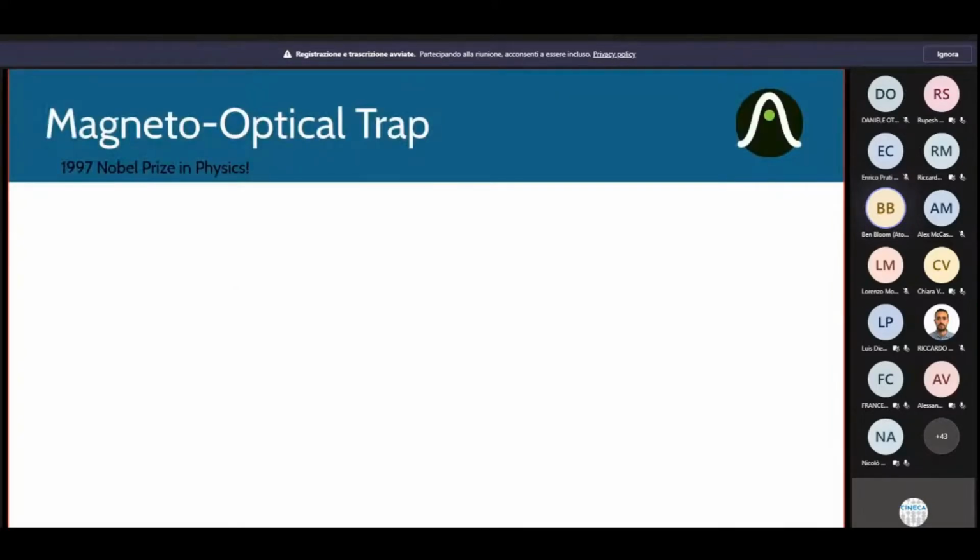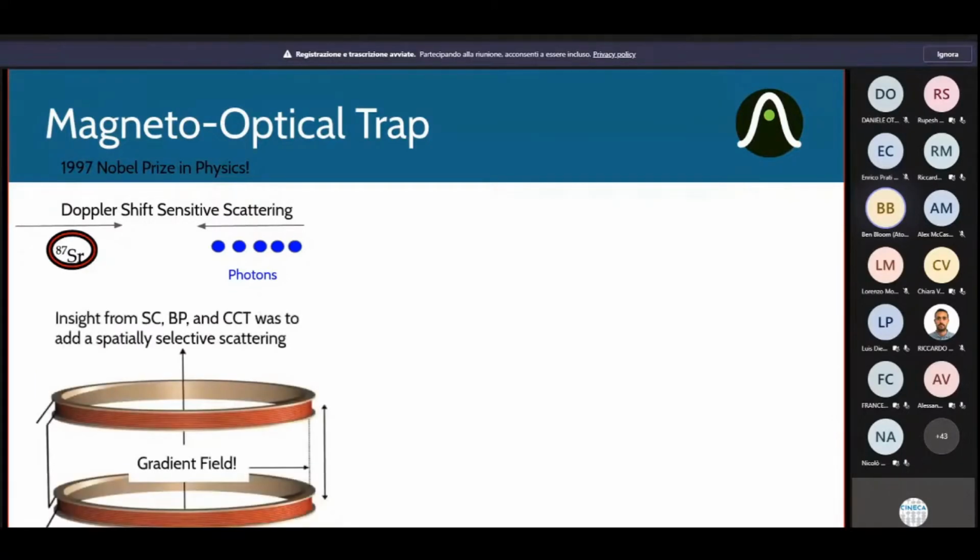So you start off with a magneto-optical trap, and this was something that was celebrated with the 1997 Nobel Prize in Physics. But in general, the idea is that you're going to laser cool atoms and use Doppler shifts to be able to take a system where atoms start out at hundreds of Kelvin of temperature and actually get them down to either millikelvin or even microkelvin temperature. So you use Doppler shifts to essentially choose to scatter photons of light off of an atom that has a fair bit of momentum. In general, that would not have actually created a trapping environment.